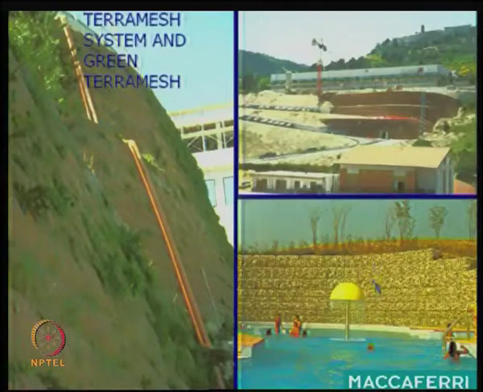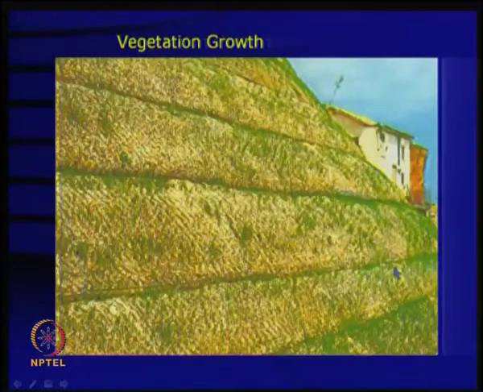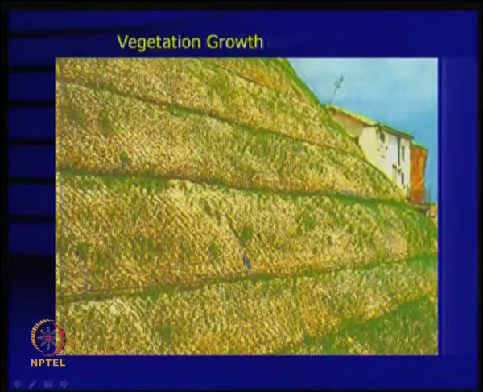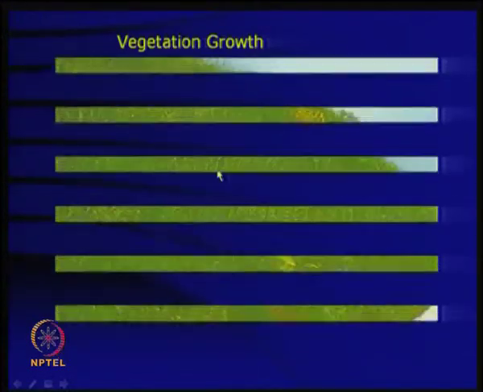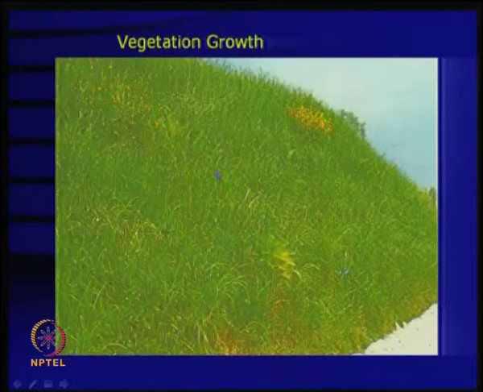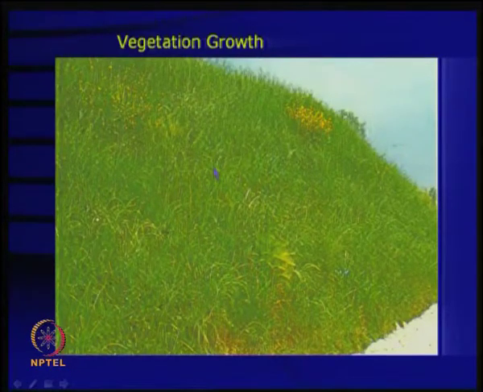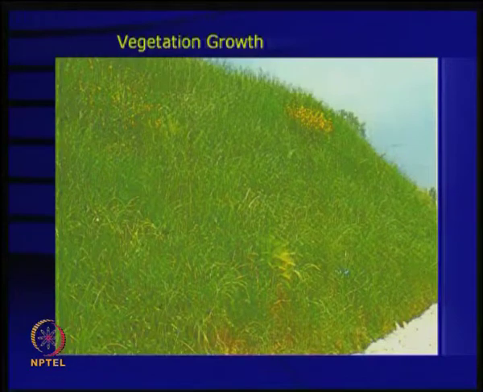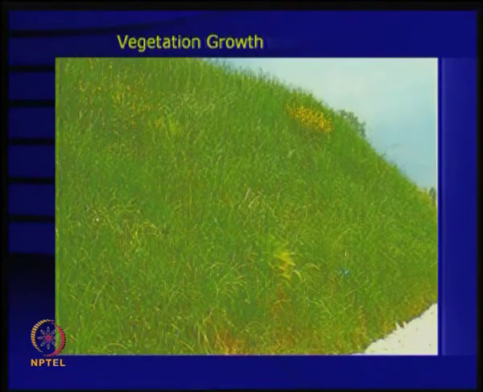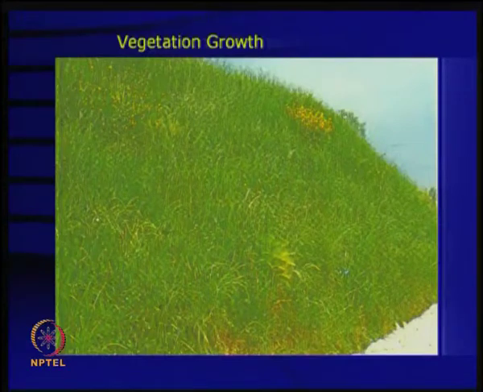And this is another example that one can have here. See, this is a reinforced soil slope. It could be about 70 degrees. You can see that this is also a very high slope. It's not easy, right? The beauty with some of these systems is that you can also allow the vegetation to grow up. In nice terraced slopes, it can be very nice. If you construct in the beginning itself and then put some nice plants, it can be as rich green as this, and it is very useful.